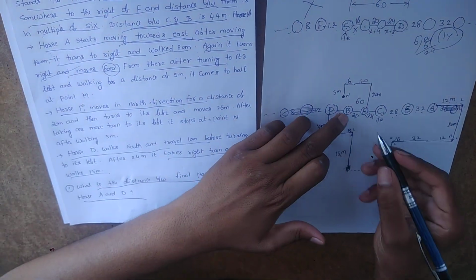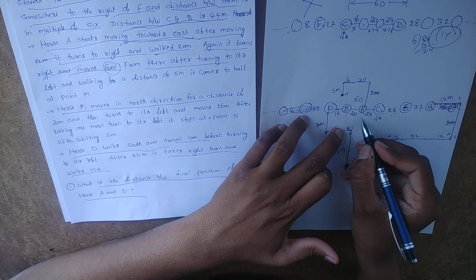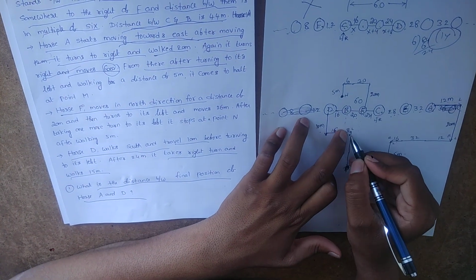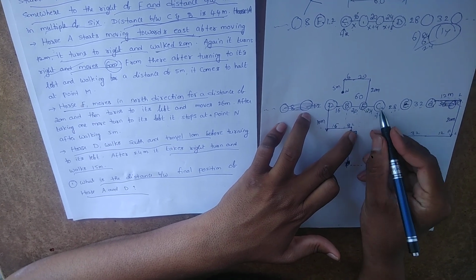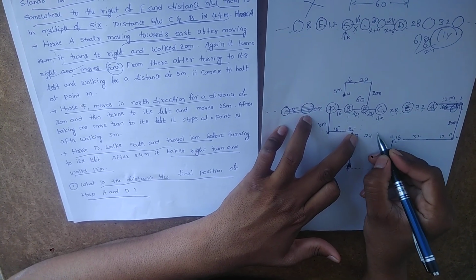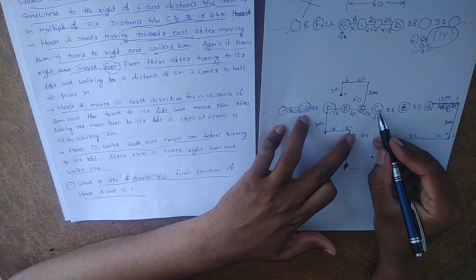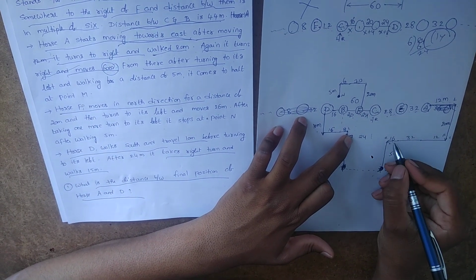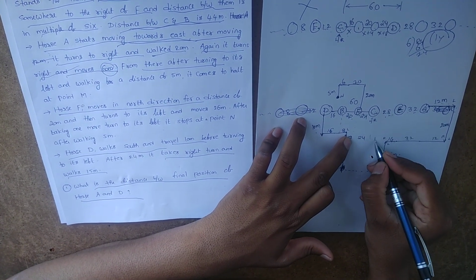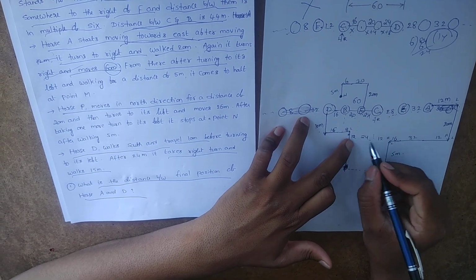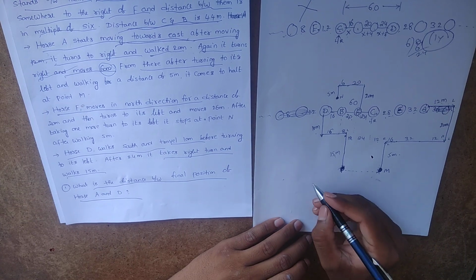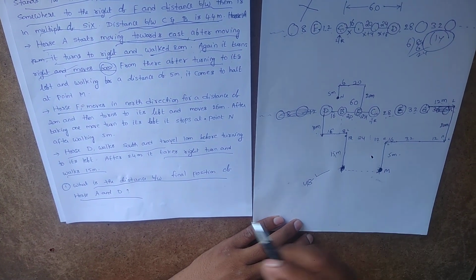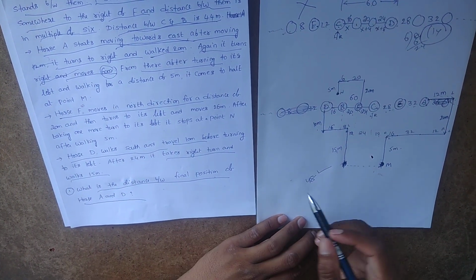Yes. Now friends, check here. Between B and F, total distance is what? 20. But here 8 complete means now remaining is what? Here 12 meters. Now F and C, this distance is what? 24 meters. Yes. Now E and C, total is what? 28. But here how much is completed, means here 16 completed. Remaining is what? Here 12. Friends, see here 12 plus 12. Here total is what? 24. 24 plus 24. Total is what? Here 48.